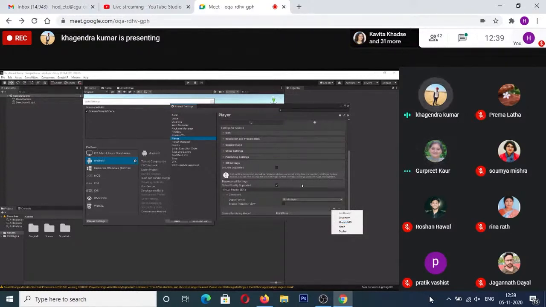You should not select anything as of now. This will only be used when you are creating a build out of it. As of now, you are not able to create a build specifically for your use case. Since you are not able to create a build, no problem with that.